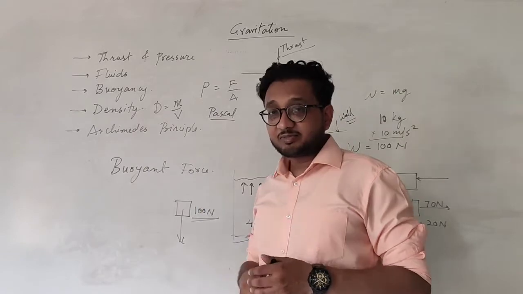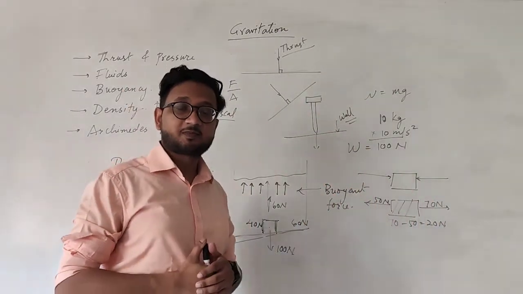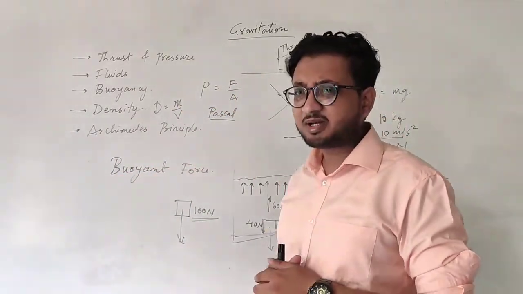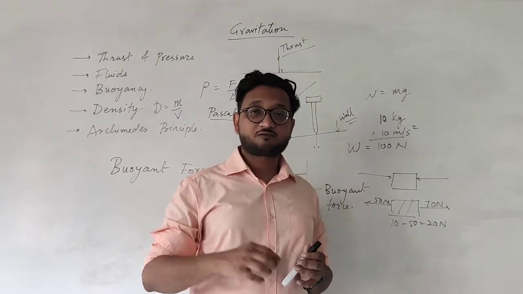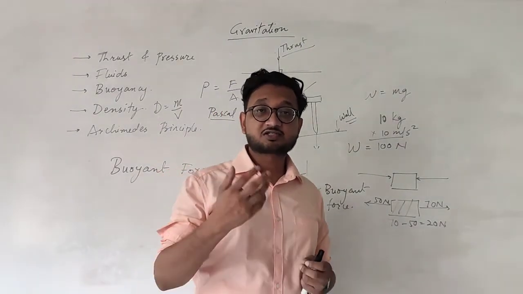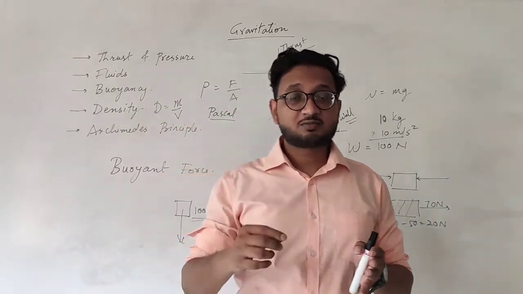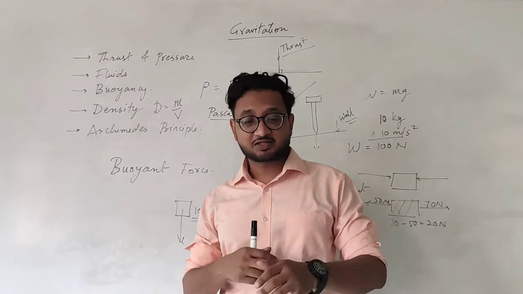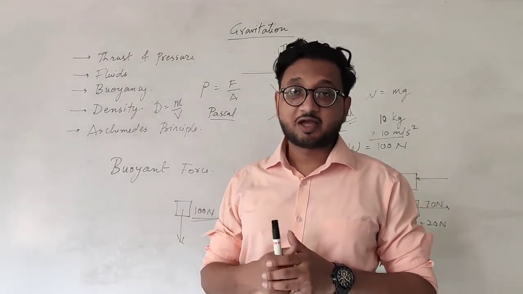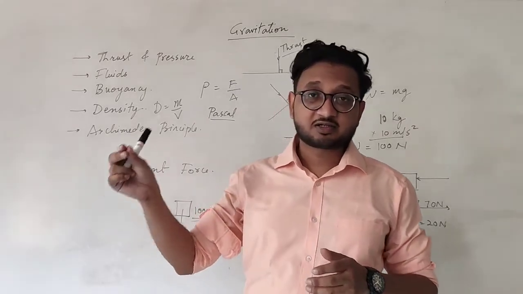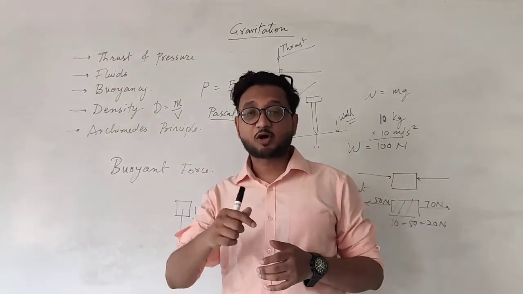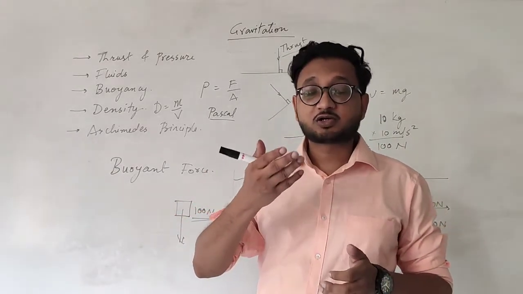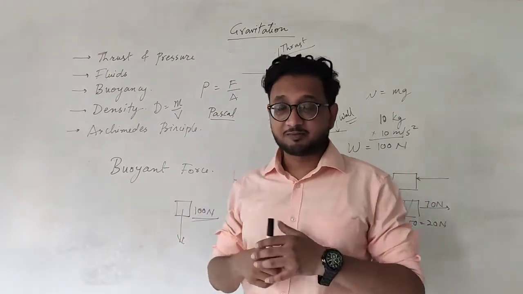Archimedes' principle, the last point for today. Archimedes' principle gives us the idea of the buoyant force. Everybody might have heard the story of the thirsty crow. There was a pot filled with water, but unfortunately the crow could not drink the water because it was very much at the bottom of the pot. So it grabbed a few stones and dropped them inside the pot, and the water level rose. When it was high enough, the crow drank the water and flew away.